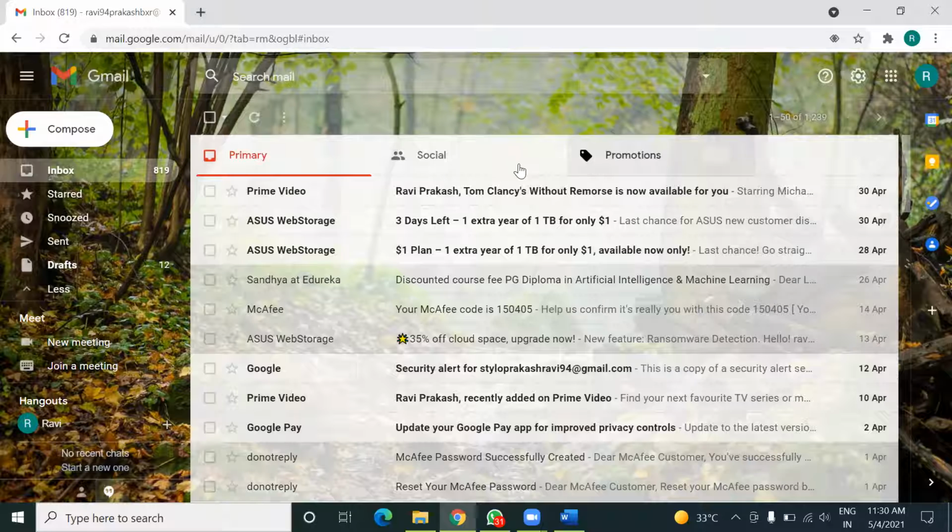These two sections will be filled when you register your email ID on any social media platform or on different websites for getting their services, because many times we have to create a user account on different websites. Once you give your email ID there, they will start sending you junk mail or spam messages. So these two sections will be filled there.